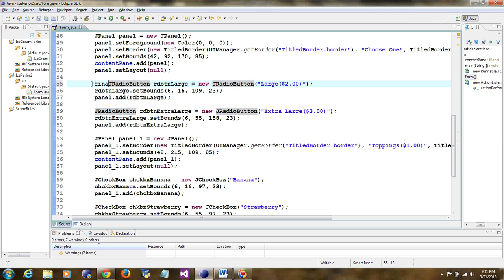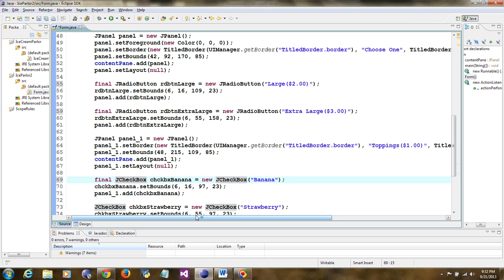So final, otherwise they cannot be added to the anonymous class that we just created there. Final, and also same thing for checkboxes, because I need to check them inside the action performed. Final